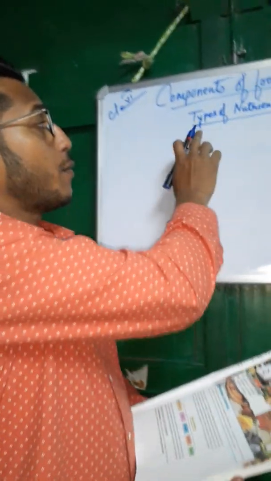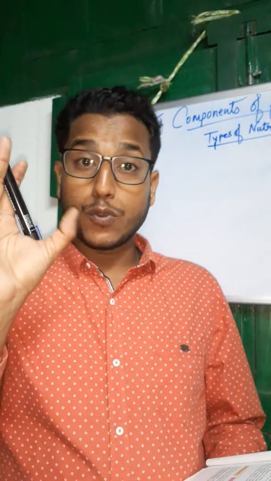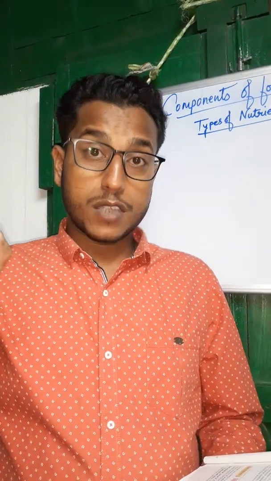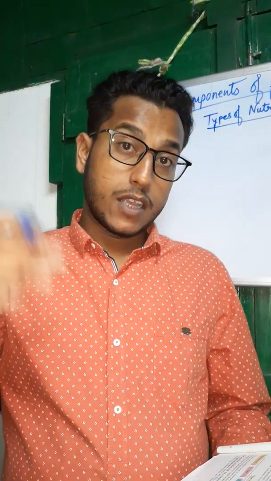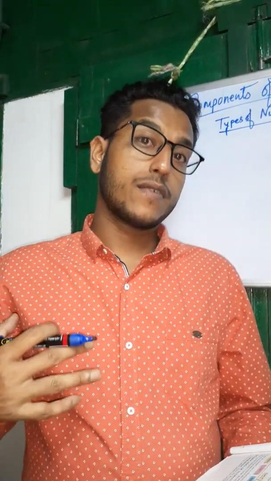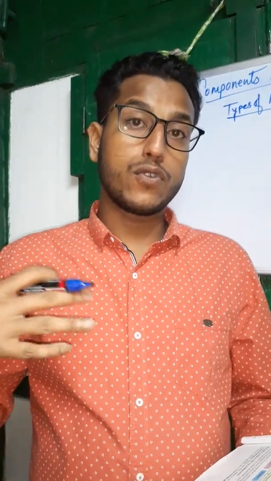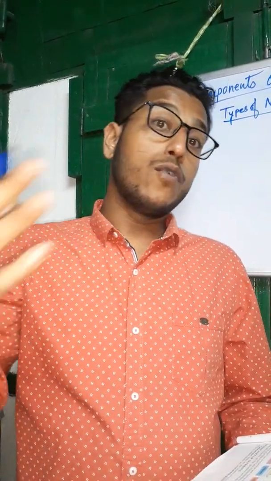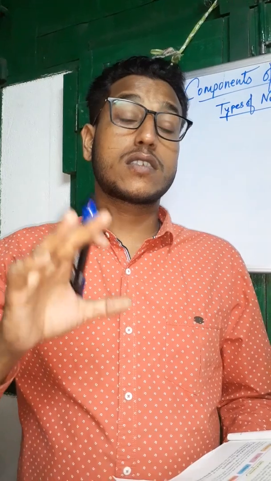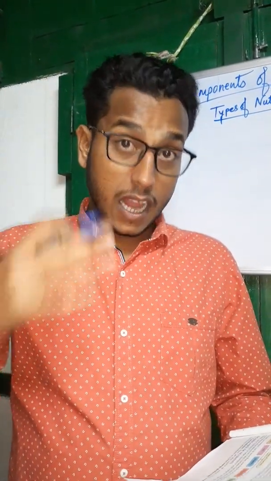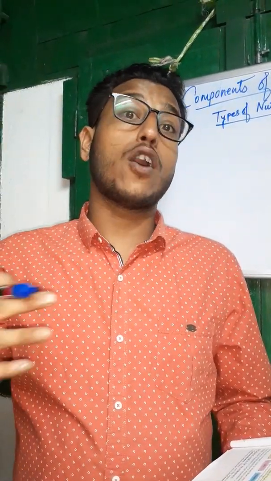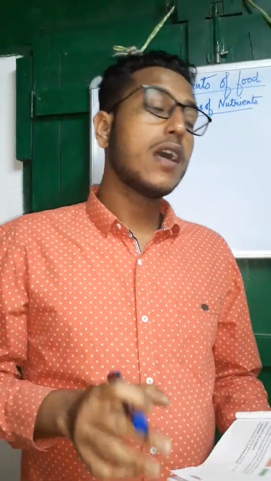So now types of nutrients. But before that, one more time I am repeating. What are nutrients? Why is food important for us? Food contains some useful substances that organisms need to live. So we need food to survive. And food has some components or substances that help us to stay fit and healthy. And those components, those nutrients, are now: